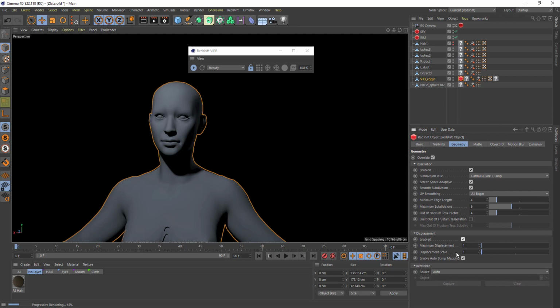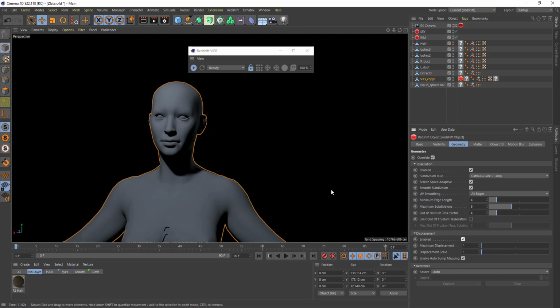By default you'll see this enable auto bump mapping turned on, and what this does is it will speed up your rendering by not applying as many subdivision levels to the mesh at render time, but will get all of the high frequency details if there's any inside your displacement and apply it as a bump. If you want it to be raw subdivided geometry, you can turn off this auto bump mapping and instead you'll have to adjust this minimum edge length. And the rule of thumb is the lower the edge length, the more tessellation or micro displacement that you're going to get. So we're going to leave this by default exactly as it is,